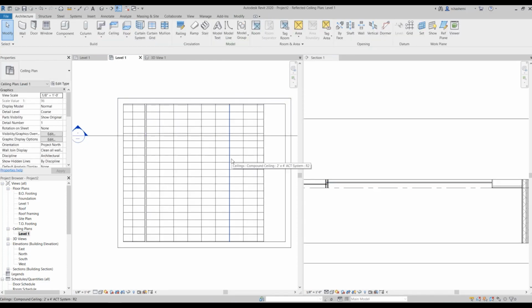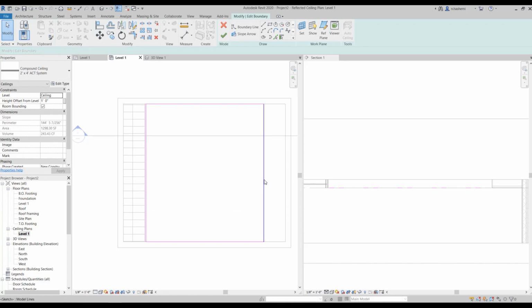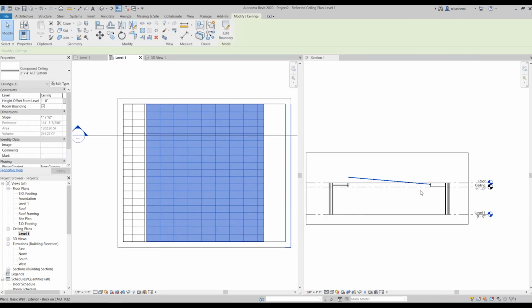Okay. Now, there's also another way that you can have a slope ceiling, and I'm going to talk about that now. So if you go to the sketch mode again, and if you select one or more edges, so I'm going to select this one, and then select define slope over here, then you can set a default slope value over here, okay? So just hit check, and it's like this.